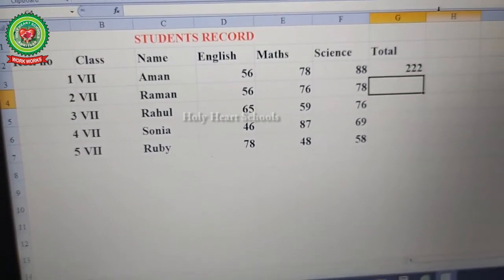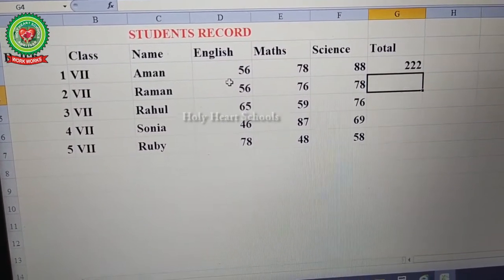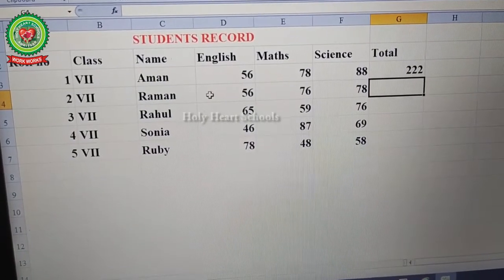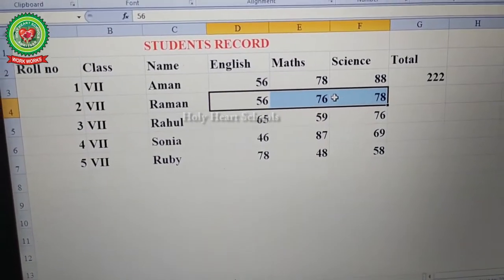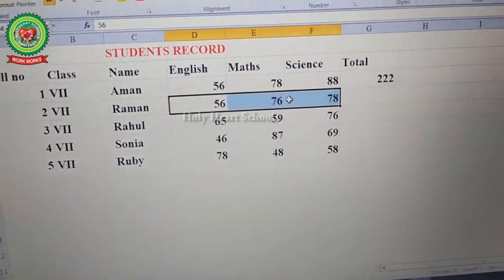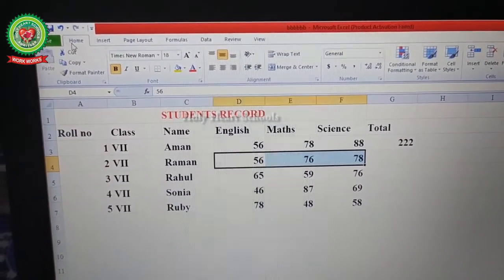The other method is, just select the range of cells. We have selected the range of cells. Now click on the Home tab. It will be selected by default.